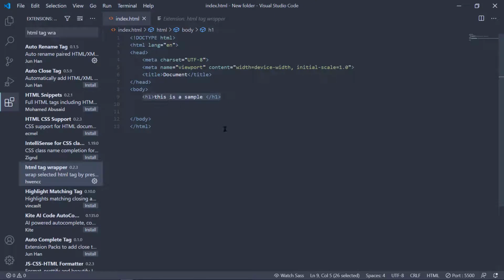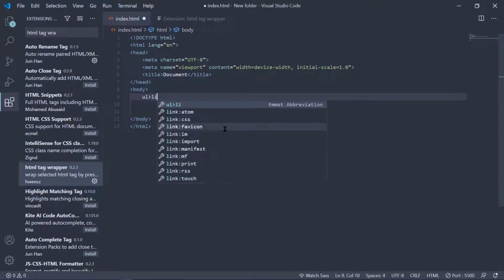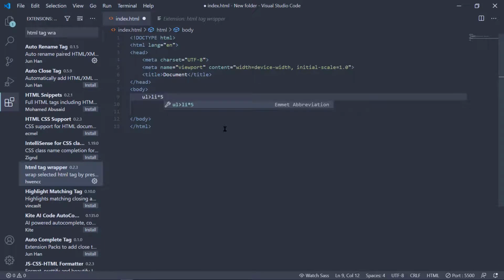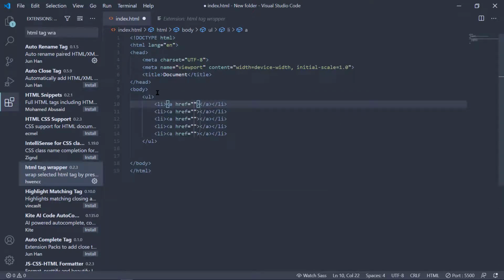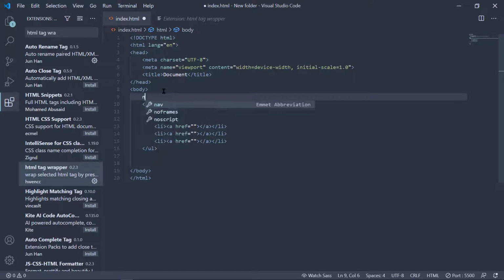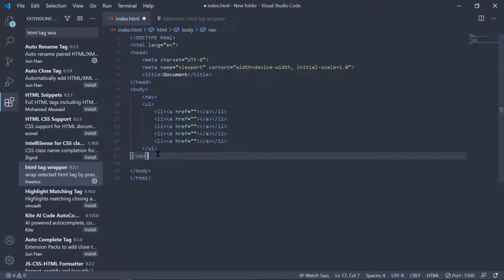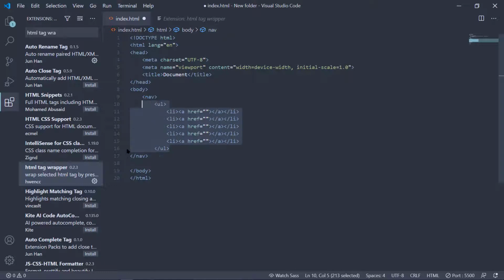Suppose we have some code for a navigation bar, so it will be a list item. We have 5 list items and anchor tags with them. Now if we want to wrap it with a nav tag, we need to just put the nav tag, then cut the closing tag and put it at the bottom. Then we need to correct the indentations here. It can be pretty troublesome.